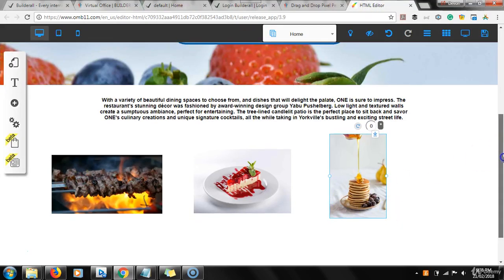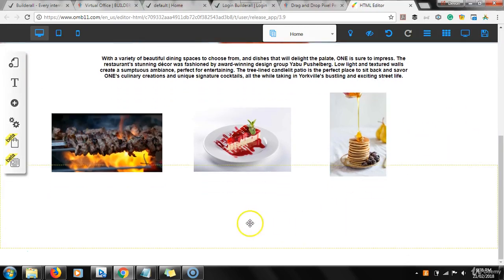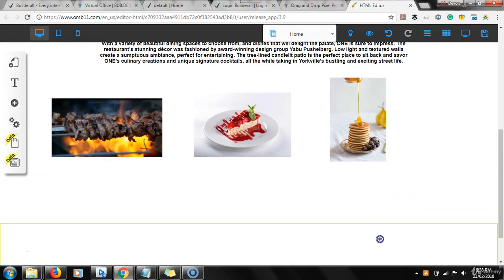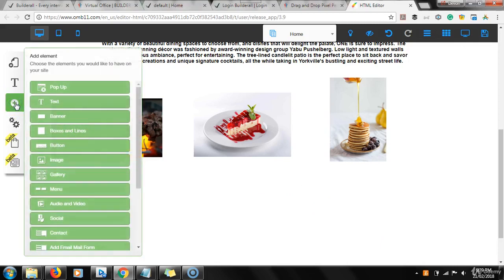So scroll down a little bit. This is where we left off from the last video. We just want to scroll down a little bit and you can see that there is, I think, the photo right here. Alright, so move that down, and then I'm going to click right here. Now what we're going to do is come over here, click the plus symbol, and then go to banner, right? So click on add a banner,